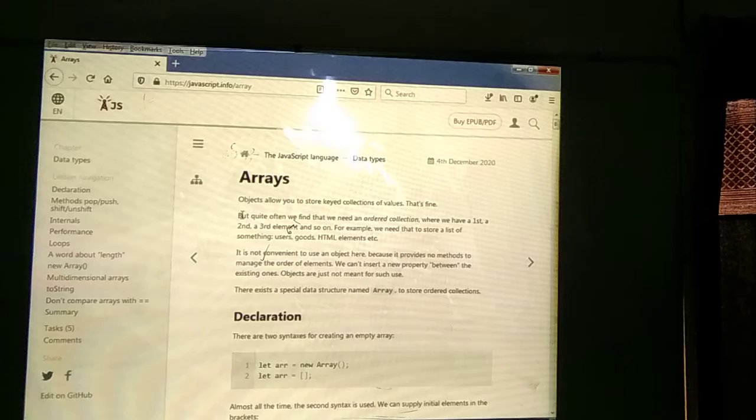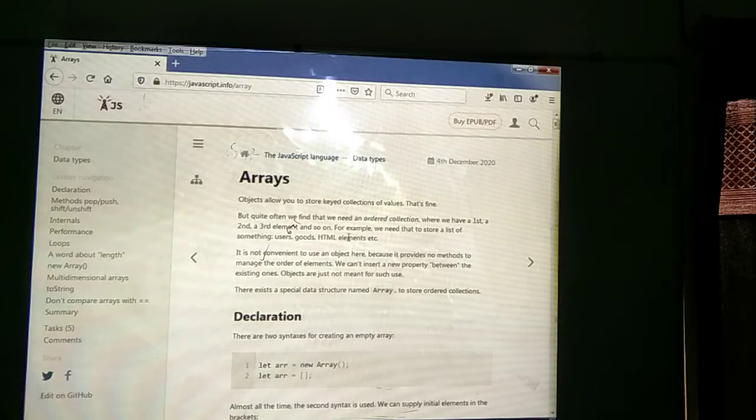That's fine, but quite often we need an ordered collection, where we have a first and second element and so on. Whatever data we are listing should be ordered. For example, we need to store a list of something: users, goods, HTML elements. This is the way of collecting.